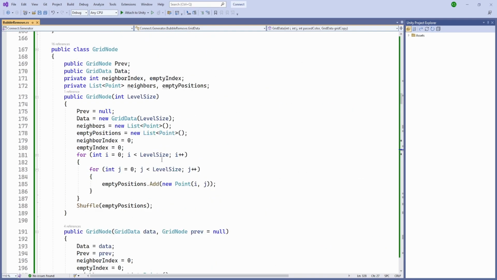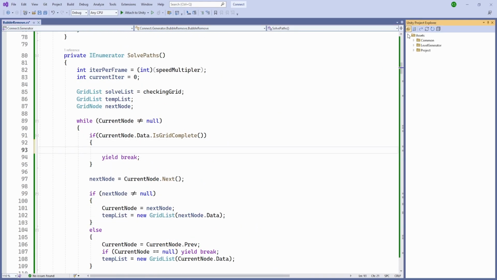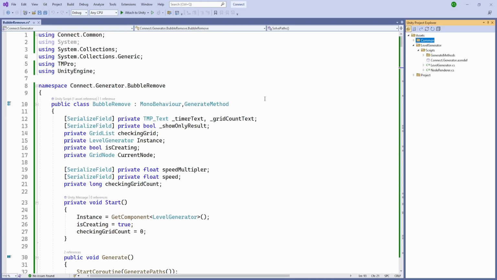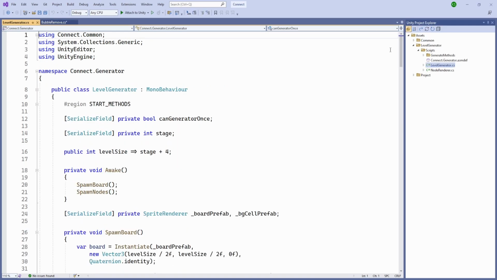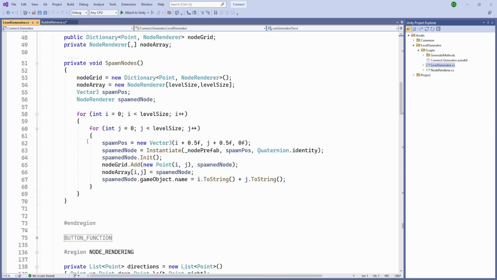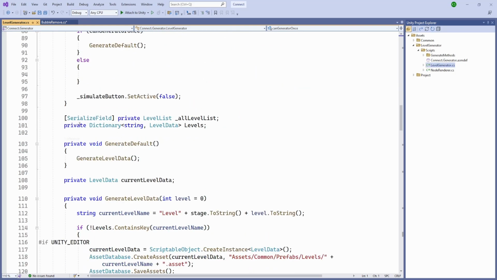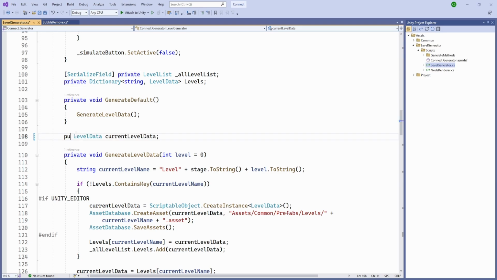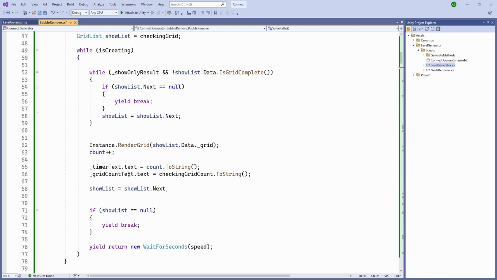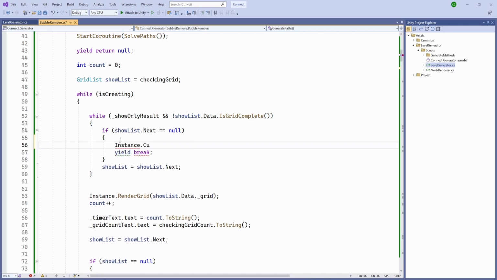So when our loop ends, what we can do is, before yield break, let's go to our scripts. It should have using Connect.Common inside our level generator where we had our current data. It should be before we created the button function, so it will be private. So private GameObject, private, so this will set it as public, and what we can do is set our instance.currentData.edges to be our